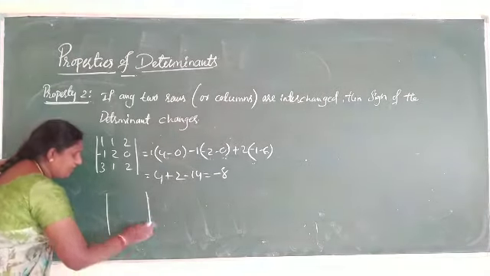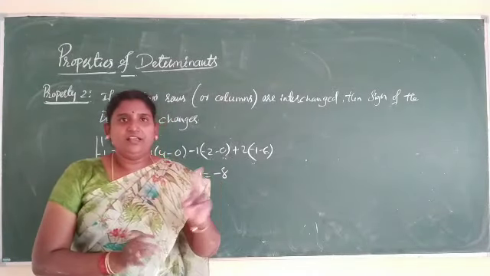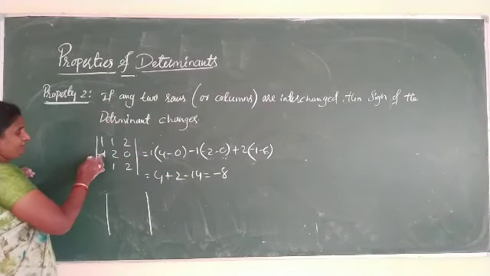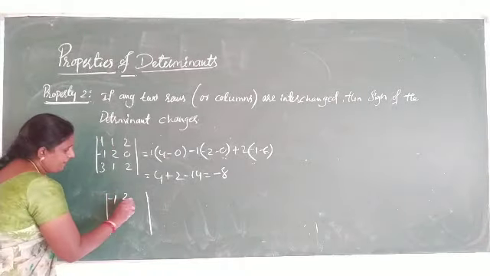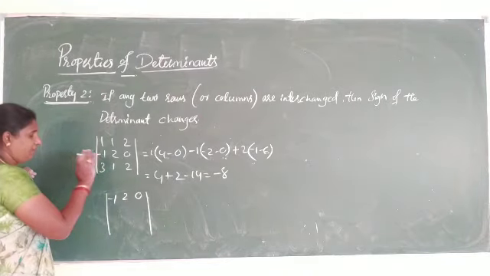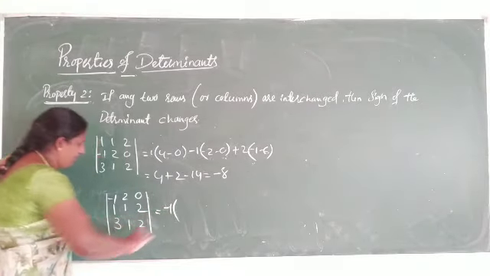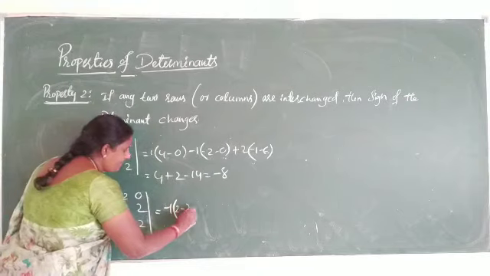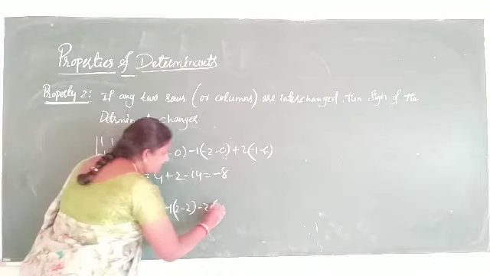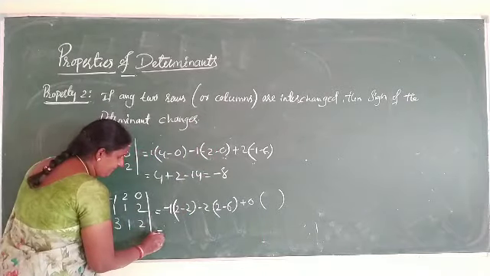After that, what will you do? In this, interchange any two rows or any two columns. We can interchange any two rows as well as any columns. Later check what the value of the determinant will be. Suppose I interchange the first row and second row, minus 1, 2, 0 first. Now find this value: minus 1 into 2 minus 2. Next minus 2 into, this row and column cancel, 2 minus 6, and plus 0 into everything is 0, no need to write. Simplify this: minus 2 plus 2.